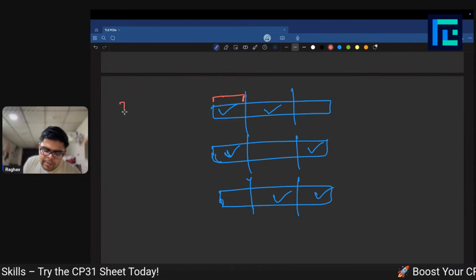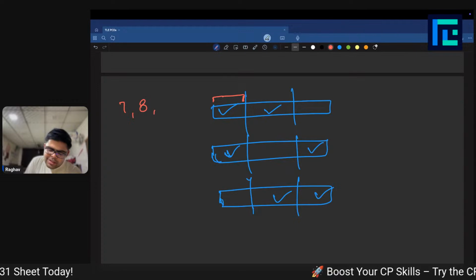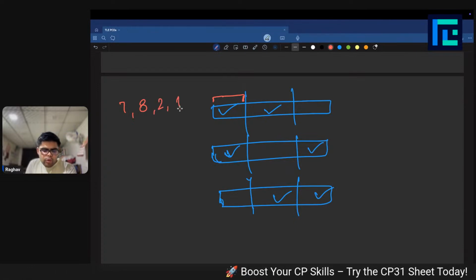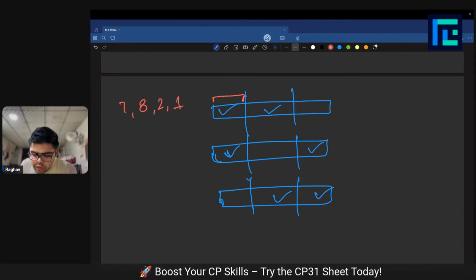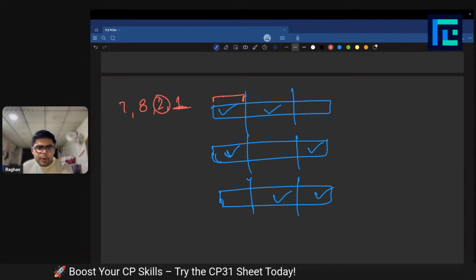So let's say the first element is 7, then the second element is 8, the third element is 2, and the fourth element is, let's say, 1. Now, after adding the fourth element, my median became 2. So